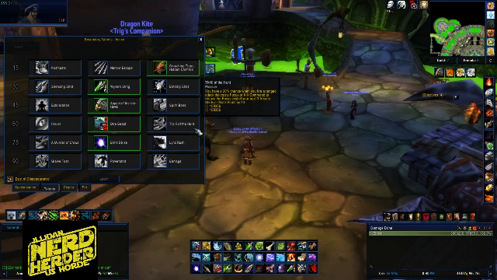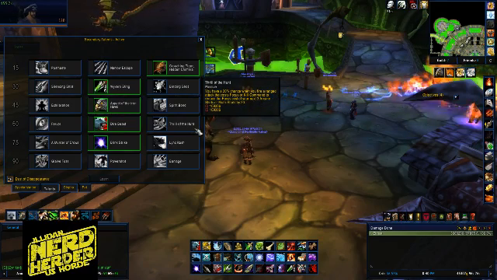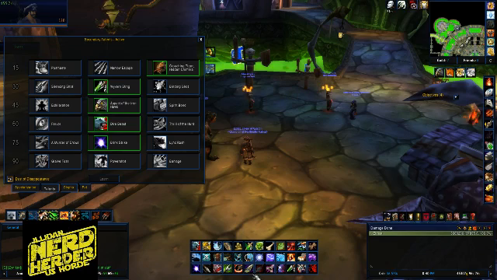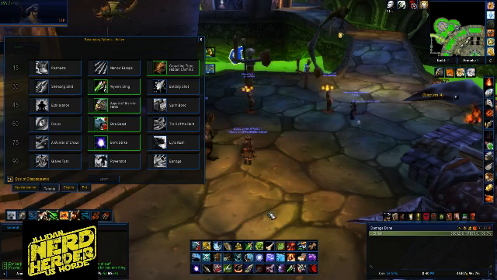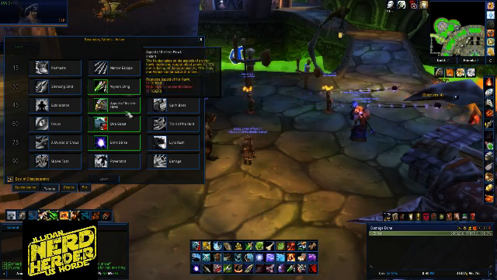Thrill of the Hunt. When you use an attack that uses focus, 30% chance to proc 3 Arcane Shots or Multi-Shots that cost you less. The Arcanes would cost you no focus, and the Multis would cost you 20 focus. So it's okay to use in that sense, but